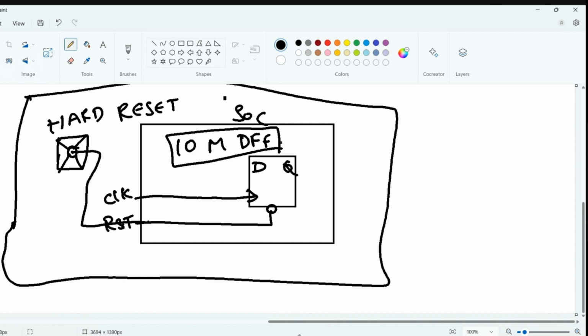Now this is a port coming in and this is your digital block. Okay, this is SOC, your digital block. Now this is your reset. This is an asynchronous reset. You don't have control. Okay, for controlling,